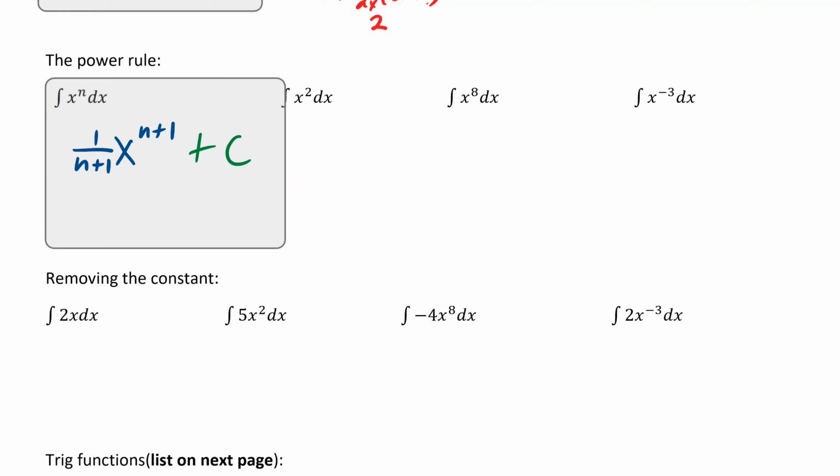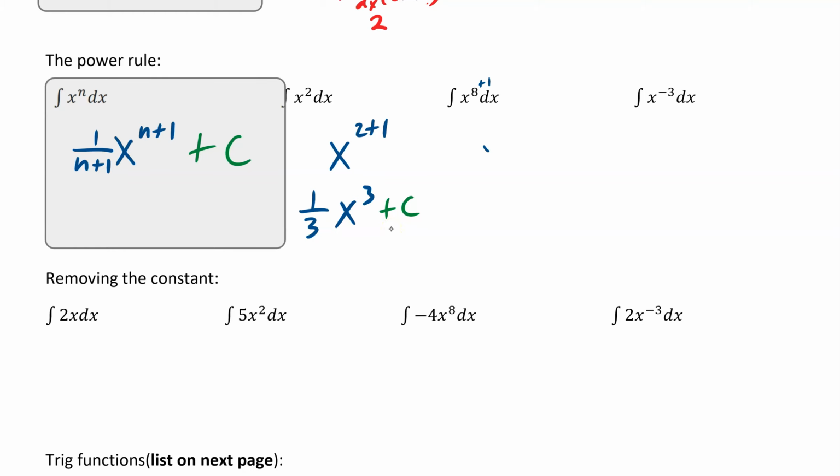So let's try a few. And I like to put plus c in green. That way, if I go back and look at my problems, I can see if I forgot the c. So if our original function is x squared, we would then take the exponent and add 1. So that would be 3. And then whatever number we get for that, we place it here as a fraction. So like that. And then what did I forget? Plus c. And so if we take the derivative, it should give us x squared. So 3 comes down, it cancels with the 3, and then 3 minus 1 is 2. This is perfect. So now we can start doing it quickly.